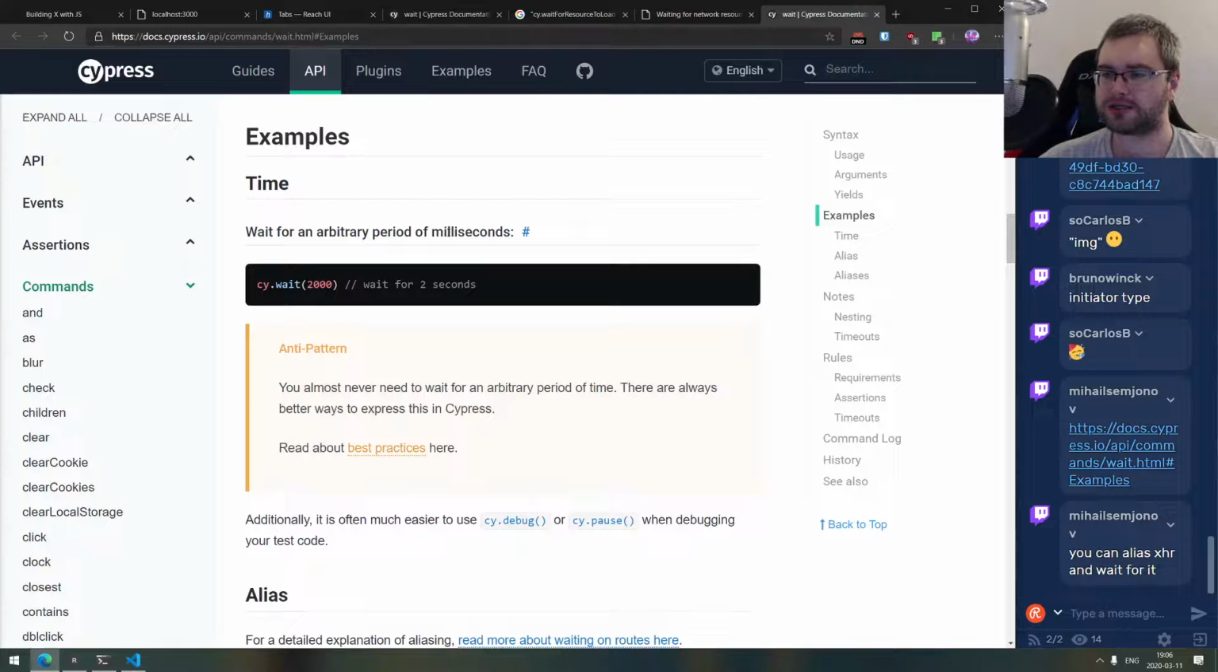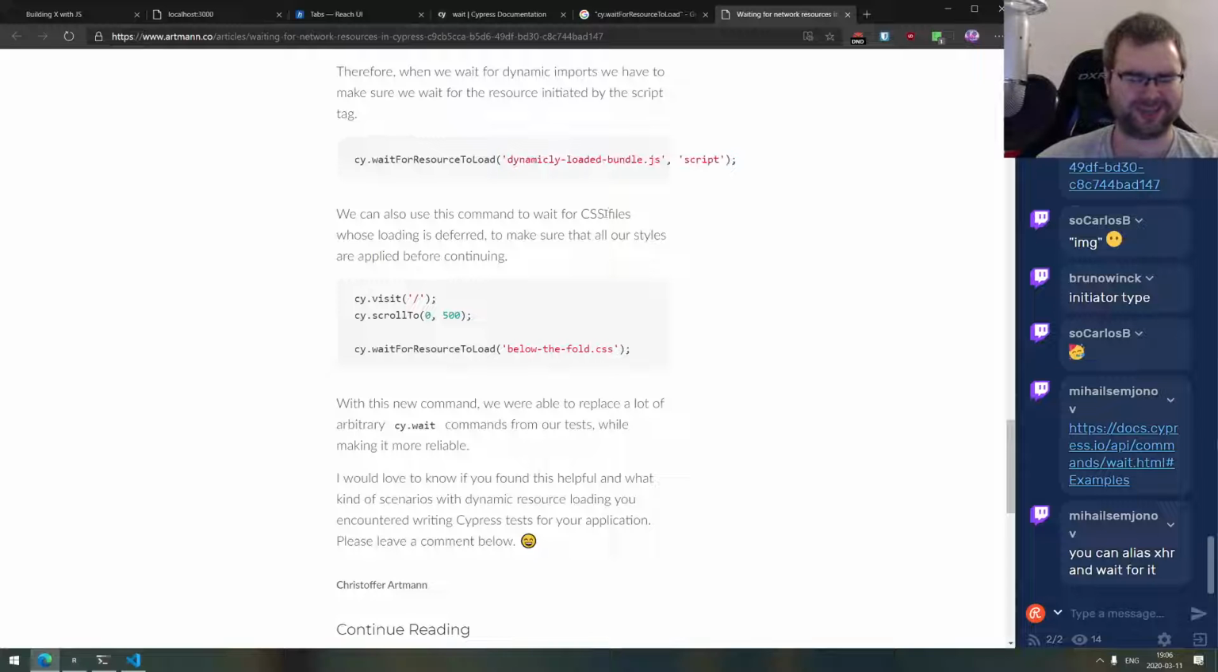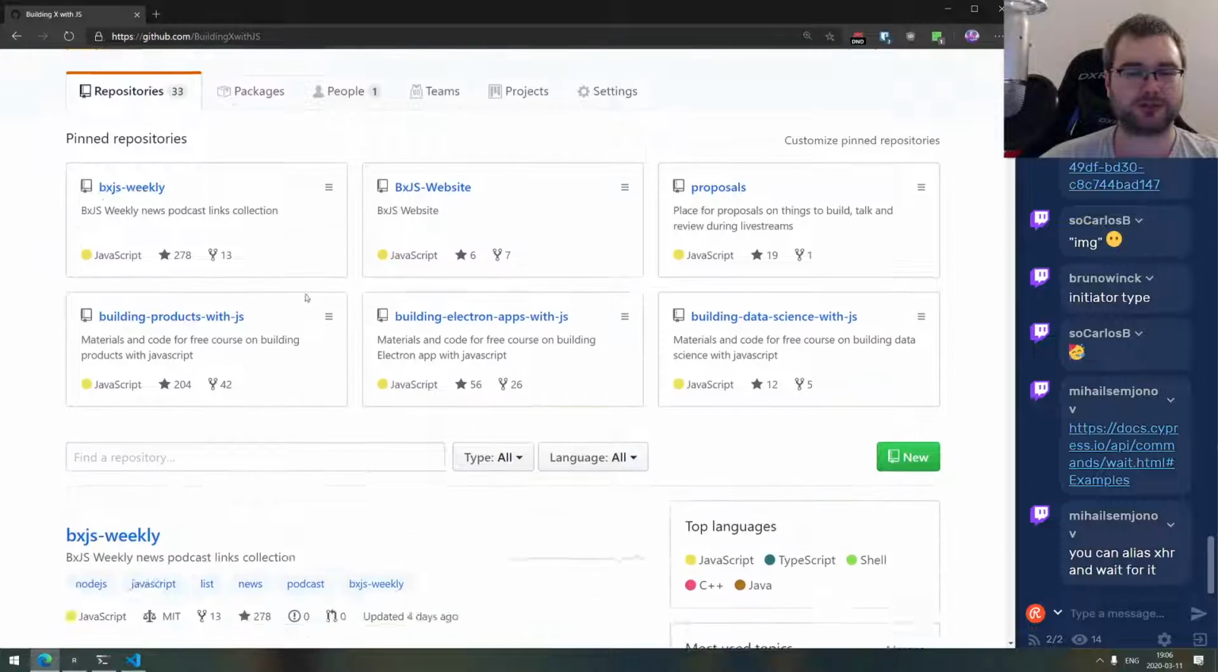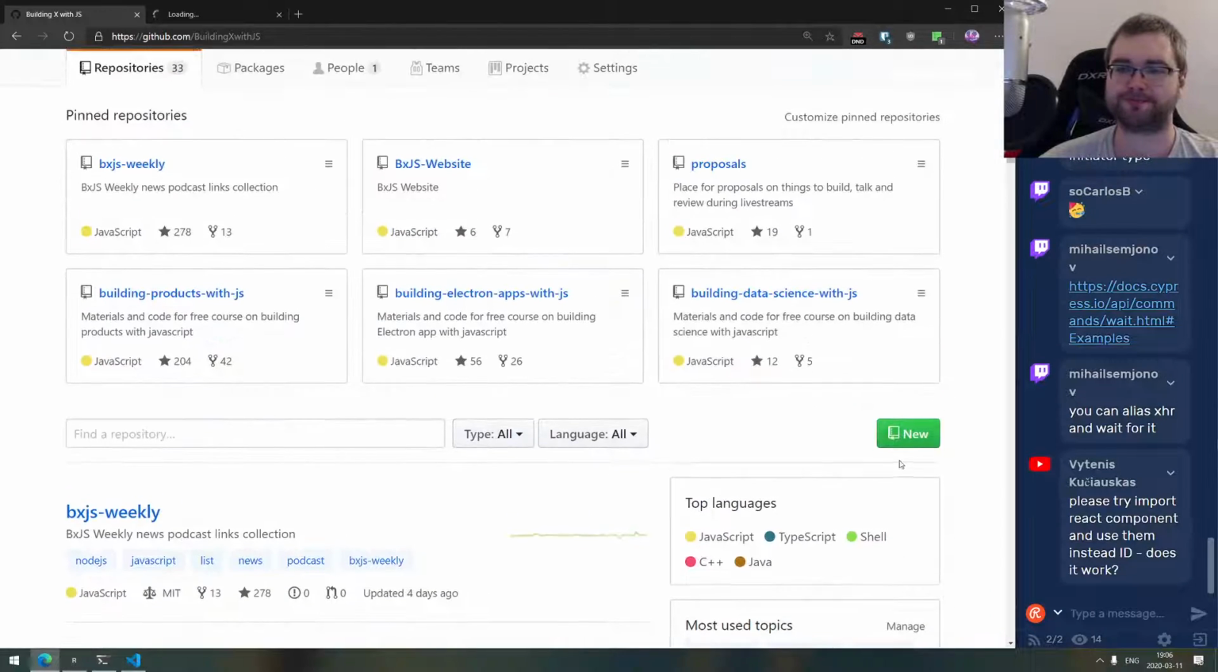You can alias XHR. Yeah, but that only works for XHR. That's what I was talking about. So yes, you can do that, but if you use fetch, this thing will not work, which is annoying because I mostly use fetch. Anyway, let me just go into GitHub and